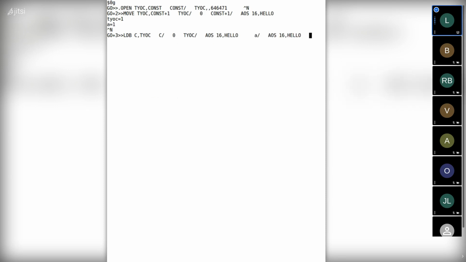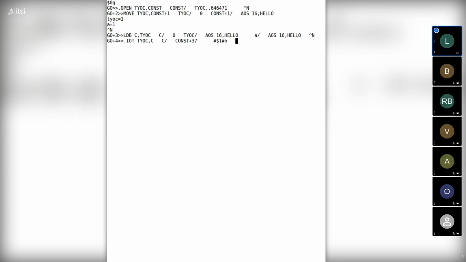Now we should have the address, the byte pointer in A, and we're about to load the first byte. Control N. We see that we have something in C, and it's this weird expression, but we can type the hash mark to have it converted to ASCII, and we see that is the lowercase h, so that looks good. Now we're going to try to use the IOT system call, and we can see indeed there's a small lowercase h there. And finally, kill the job. So that seems to work.